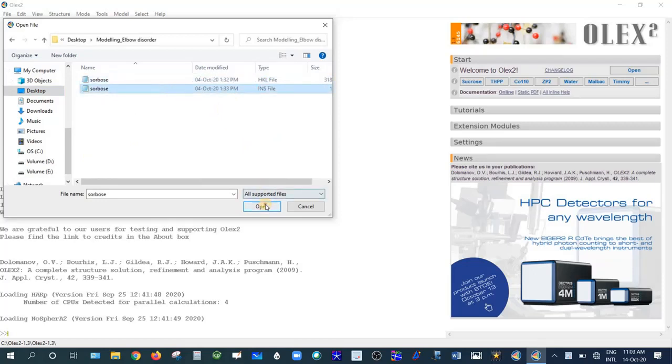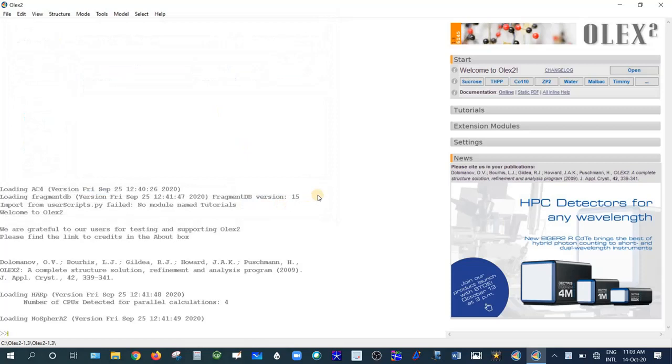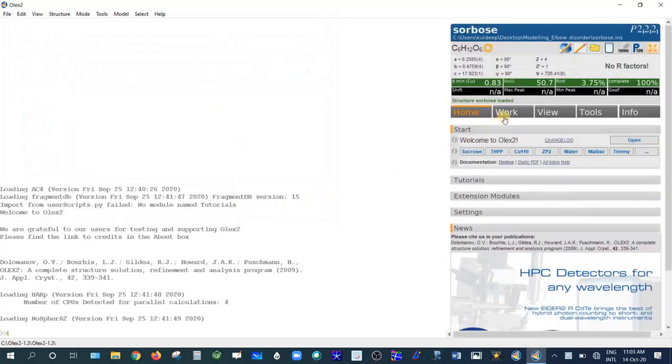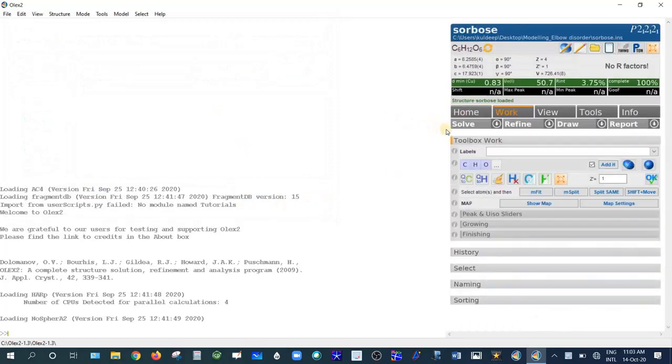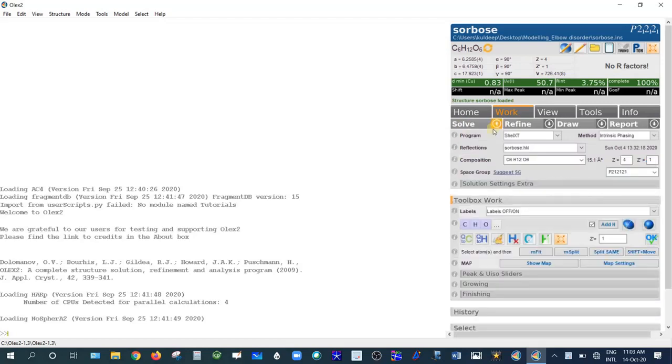Choose the INS file, open it, then go to Work, go to the Solve tab, press this little downward arrow. The program is SHELXT for the solution purpose. The default method, reflection file, sorbose.hkl.